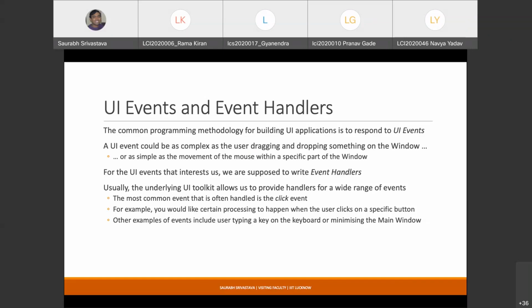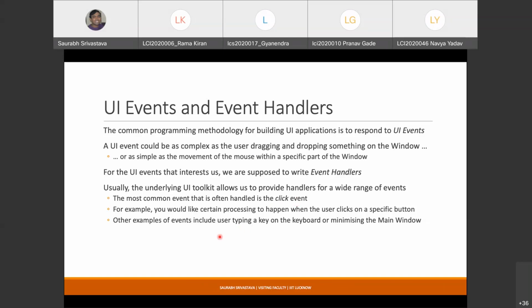Handle them as in, the terminology is event handler. You will have to provide an event handler for the different types of events that you want to respond to. A typical example is you might want to handle the click event of a button. So you basically say, whenever this button gets clicked, please execute this code. That is the idea: there is an event, usually generated by the user's behavior, the user's actions. And the UI toolkit will provide you a way to provide some code which will be executed every time this particular UI event takes place.